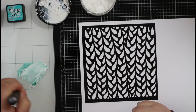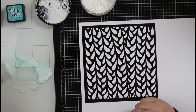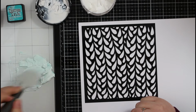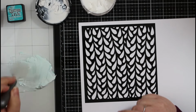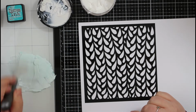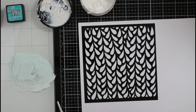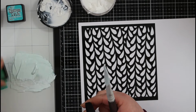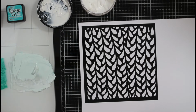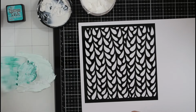The thing that I realised as I was going through this process, just having a play, is it wasn't really taking on the colour like I thought it would. And I think this is down to the fact that this texture paste is white, so I'm assuming that there's something in it that's going to keep it white. It's not like the Tim Holtz texture paste that they do, so I have ordered some of that. We're going to give it a go because I do end up using all of the texture paste that's in this pot, but I think it's not taking on that vibrant colour because it is coloured white. Hopefully that makes sense. But all I'm doing is just adding more colour onto that glass mat,